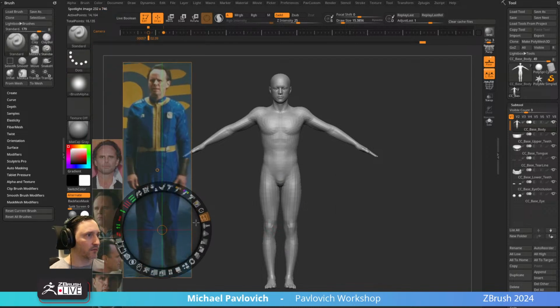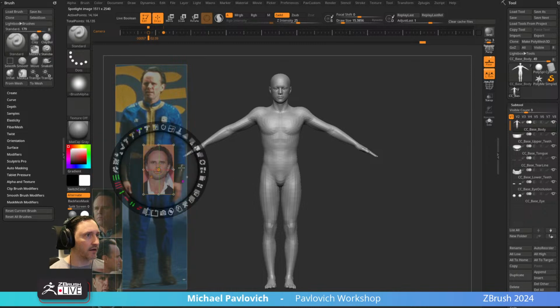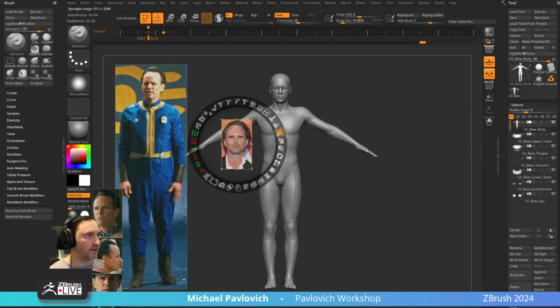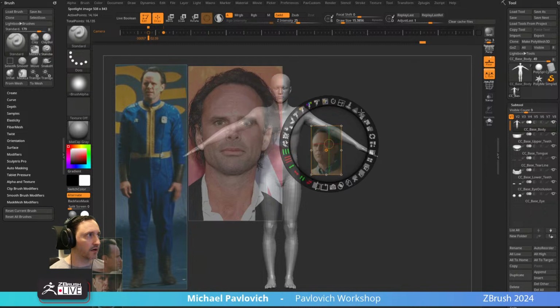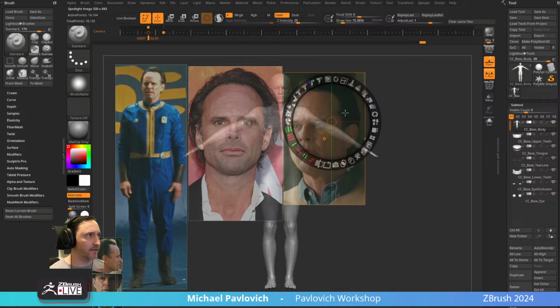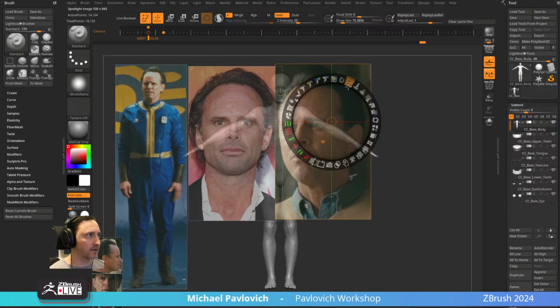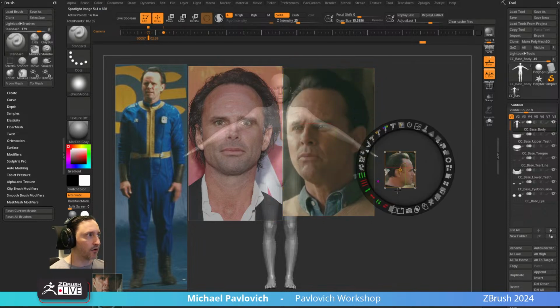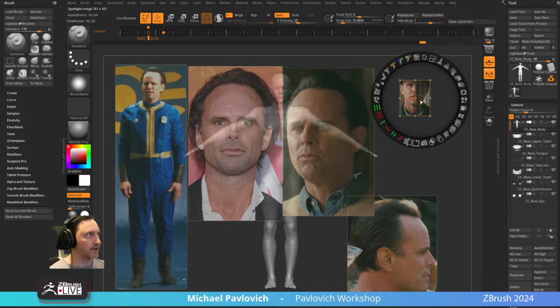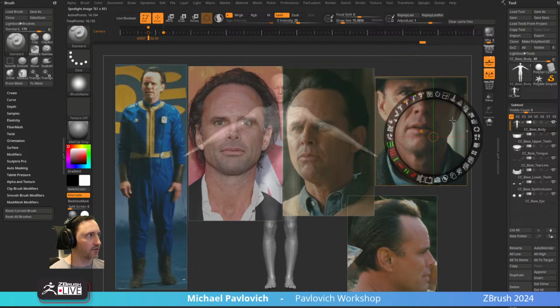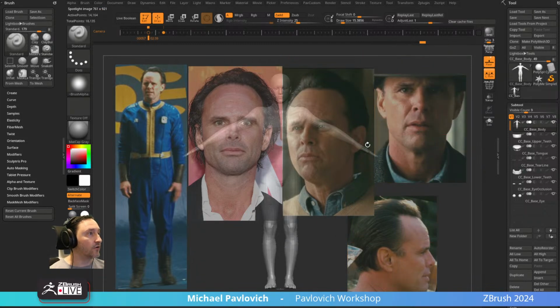And then we'll go through here and say, okay, I want the body here. I want the front head here. I want the 3/4 head here. And this isn't how I'm going to do this, I'm just kind of showing you. The profile of the head over here. I'm starting to run out of space, but you get the idea. And then maybe another sanity check front head here. So this is one way you could do it. And then you could say, okay,